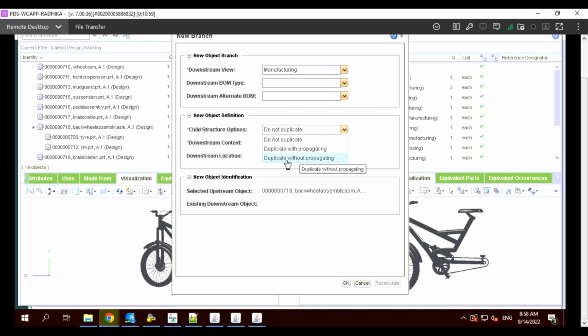So for the first one, duplicate with propagating will help me to create manufacturing view for both the tire and rim. But if I select duplicate without propagating, it will just create the child items below that manufacturing parent in design view only. So in our case, let me select duplicate with propagating. So I want everything in manufacturing. And if I click OK,